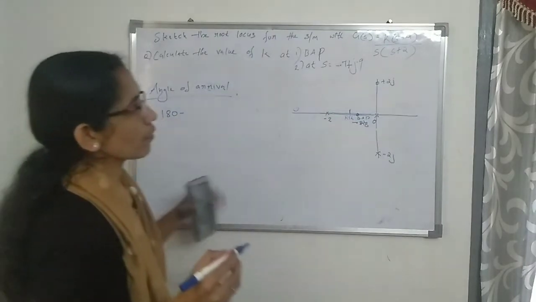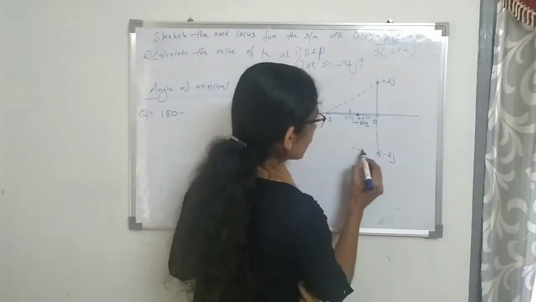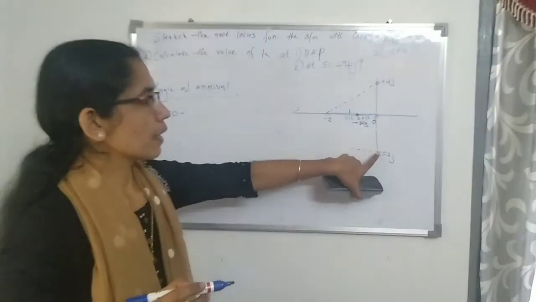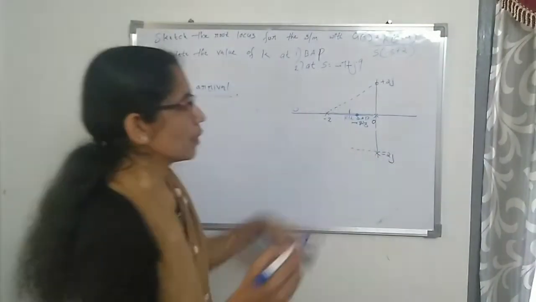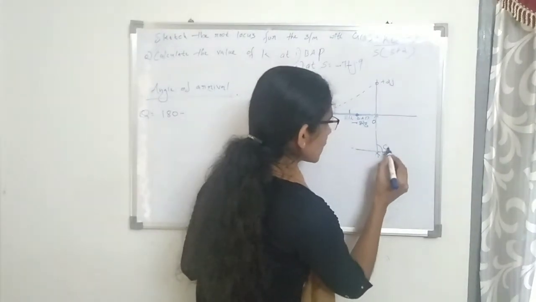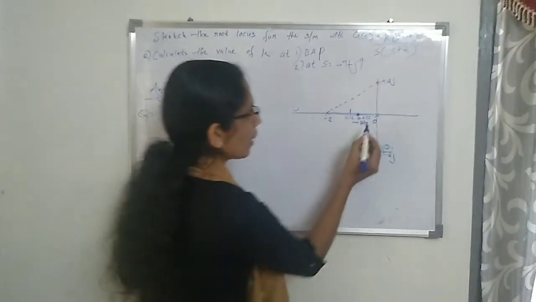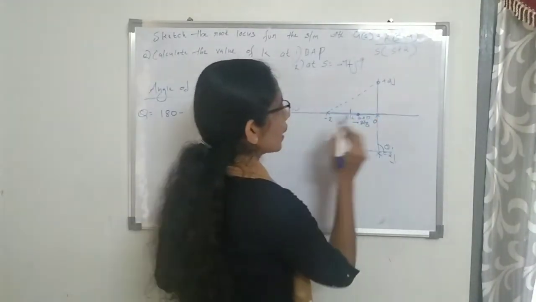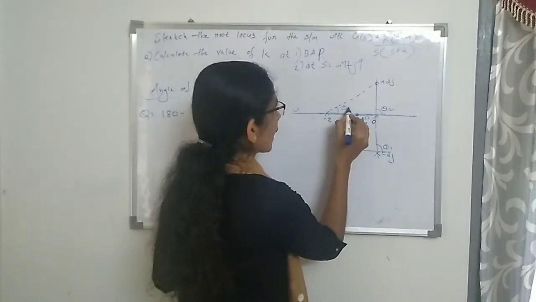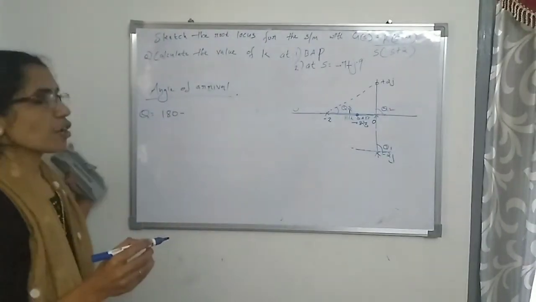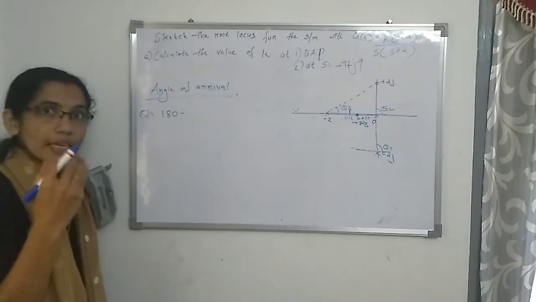180 minus. We need to mark the angles. The complex zeros from here: plus 2j is a complex zero and minus 2j is a complex zero. Therefore, the angle from this point is theta 1. There is only one other zero, and that angle is my theta 1. Then mark the angles from the other poles. From this pole, the angle is theta 2, and from this pole, the angle is theta 3. Okay, the equation of angle of arrival is 180 minus the sum of the angles of vectors from other zeros.